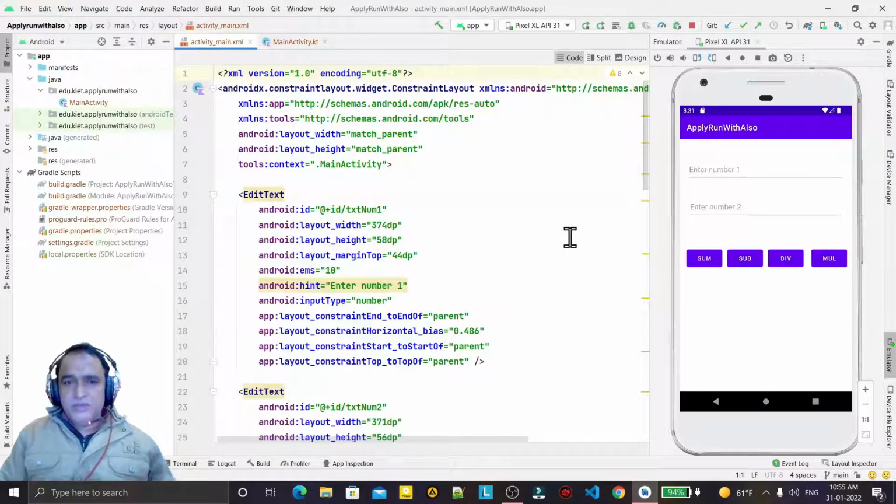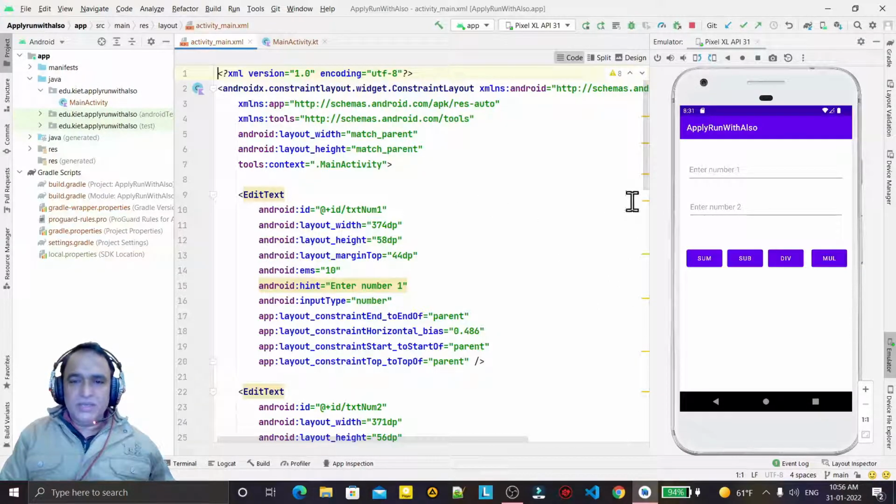So here I am taking a very simple example, just a simple calculator type of program in which we have two numbers, and whenever we click on the individual buttons like sum, it will display the sum. I click on subtract, it will display subtract, then division, then multiplication. This is the first example in each and every programming language whenever we start learning. That's why I chose this program to understand the concept of these functions. It's very simple, but we have to use these as per the simple examples I'm taking. Just see how we can use these.